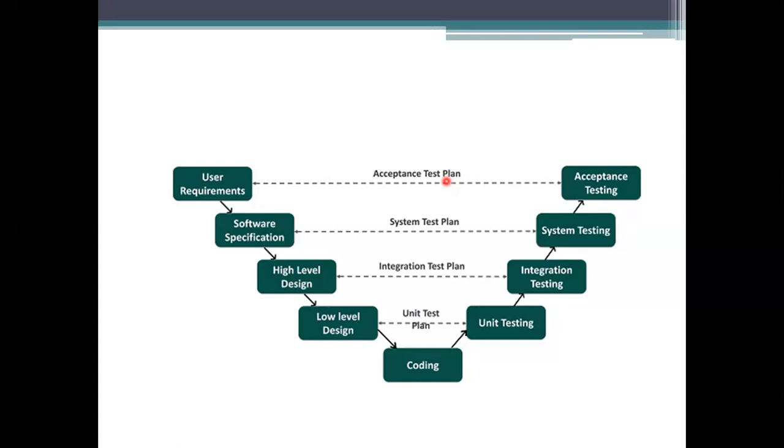So the requirements that have been chosen have to be included or not. The person will be there. A person has to be allotted to check whether the requirements have been added or not. And then next, what are the software specifications we have used for the development of the project?